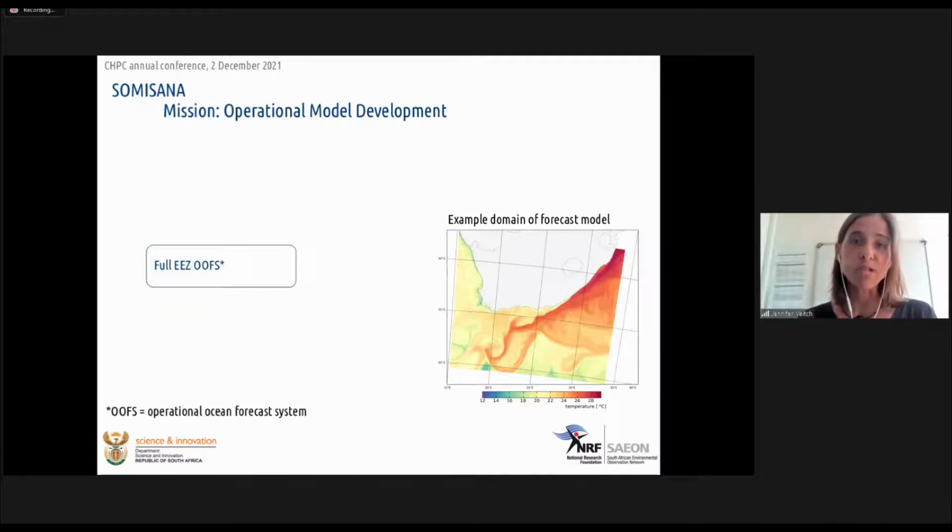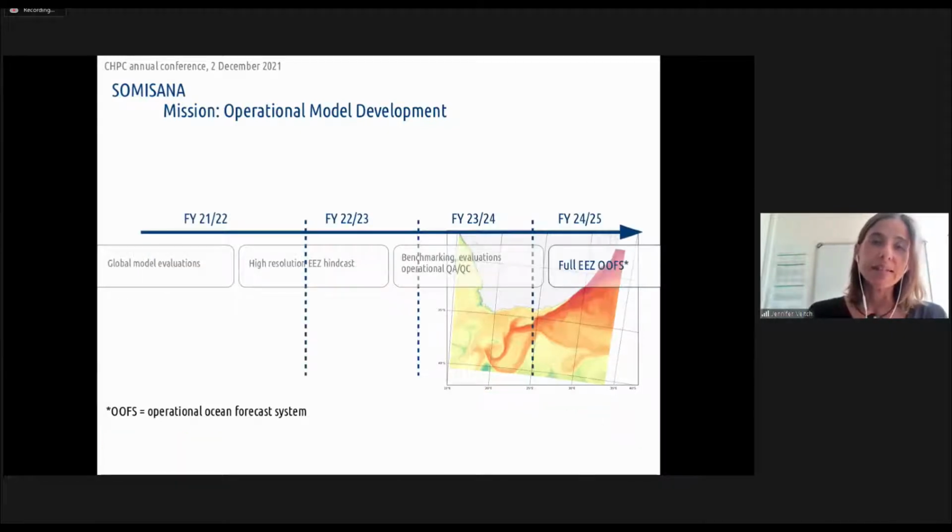The idea would be to use a downscaling approach, using freely available global forecasts forcing the boundary and freely available atmospheric forecasts at the surface. There is a long lead time on this. So there are a number of steps on the way that begins with a thorough evaluation of various global models that can be used as boundary conditions so that we can then choose the most appropriate one to force our